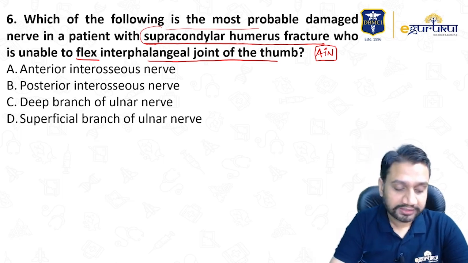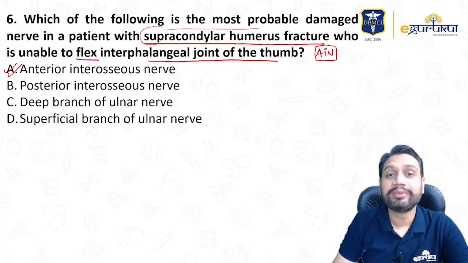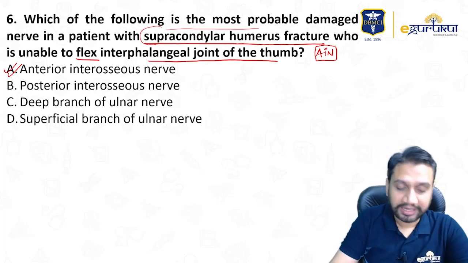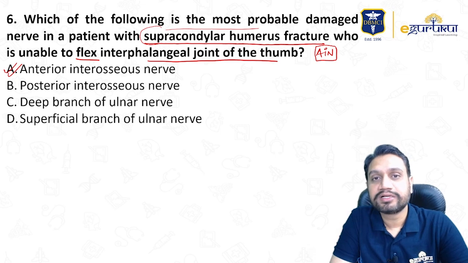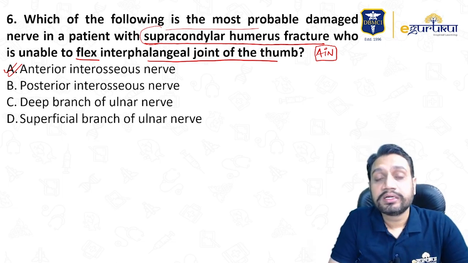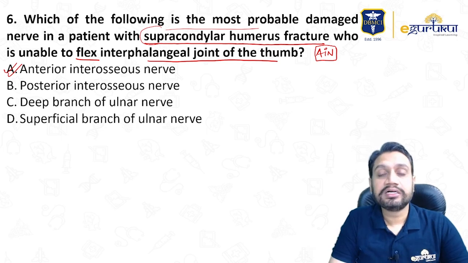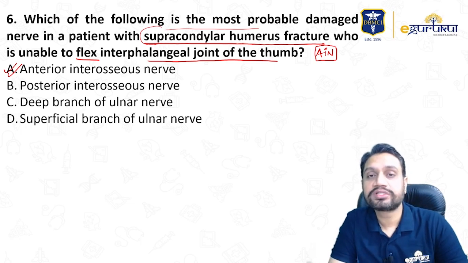So that is what we were just discussing. We should know the site where a particular nerve may be injured, with which fracture a particular nerve can be injured, right? I have already told you verbally, so I don't think there is a need to write it. You already have revised it, just revising things very quickly. These were the nerves which we just discussed. This particular question is just to tell you that nerve involvement with the fracture is very important. So don't expect that they will simply write supracondylar, which nerve is gone.